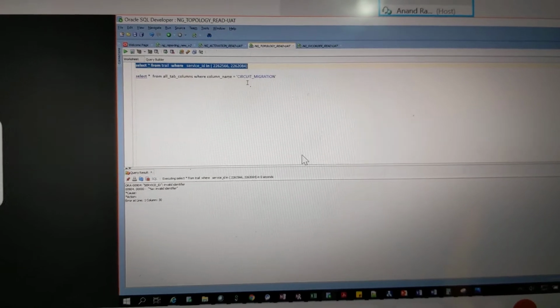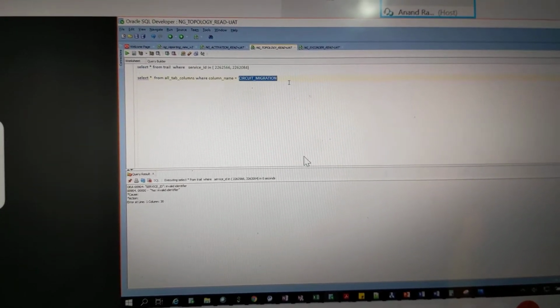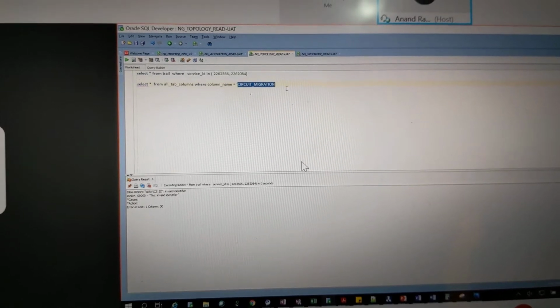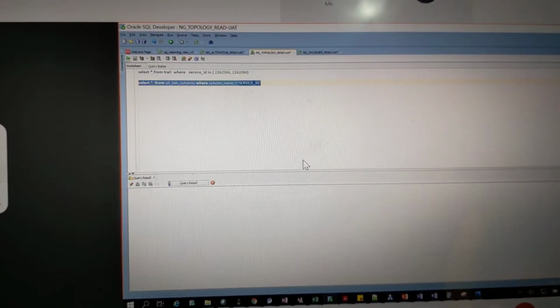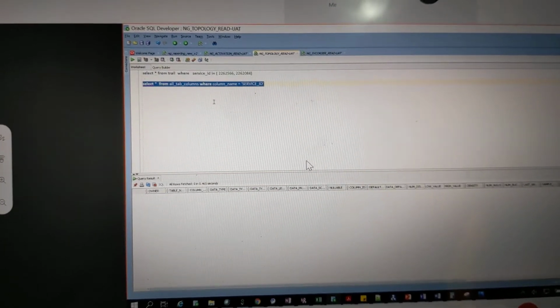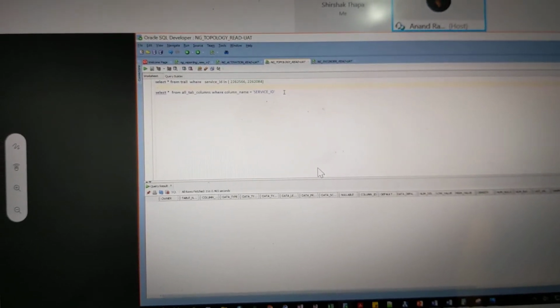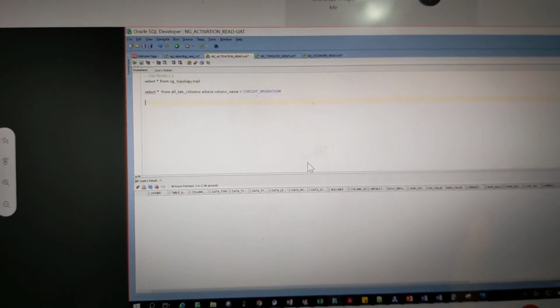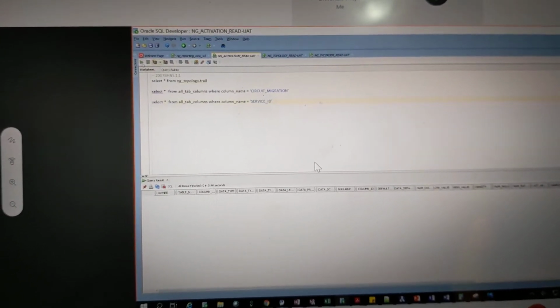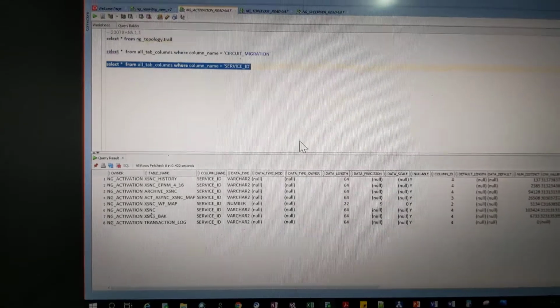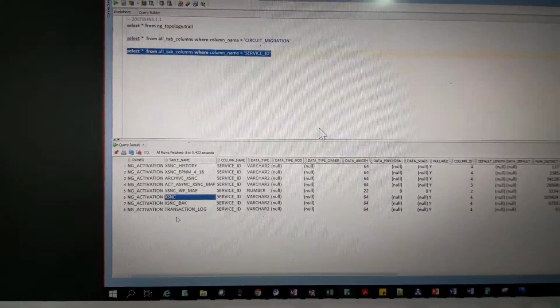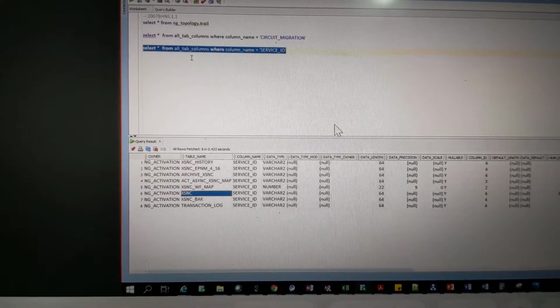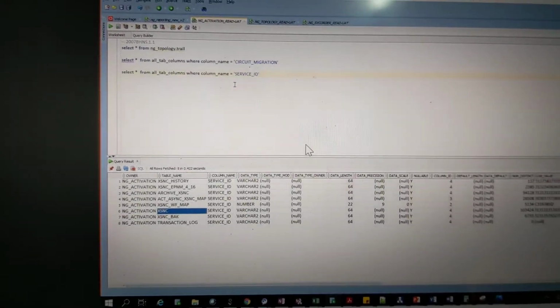Let me see which table has that. Okay, there is no. Let me check the other one. Yeah, so this XNC table has the column service ID.